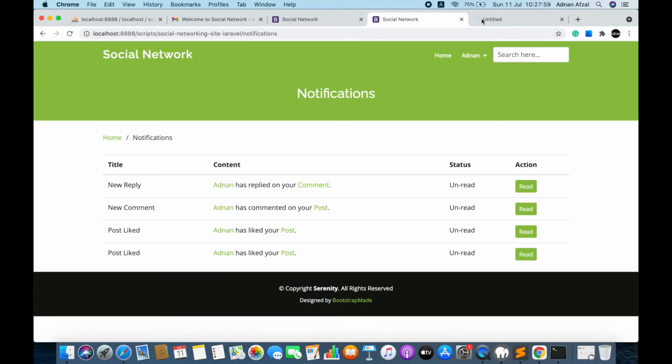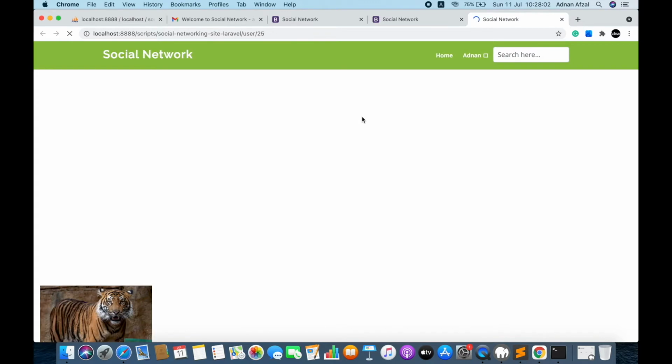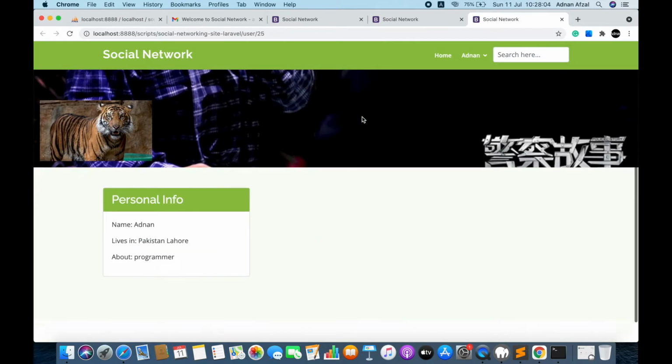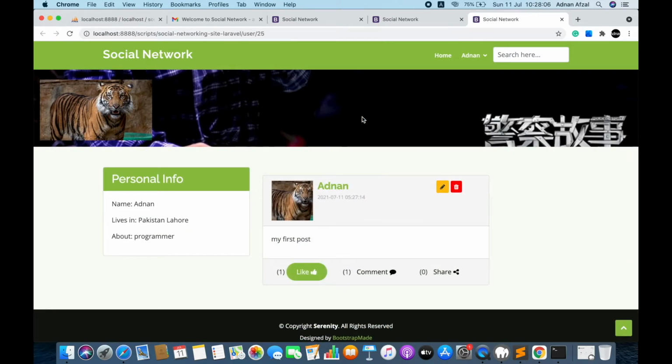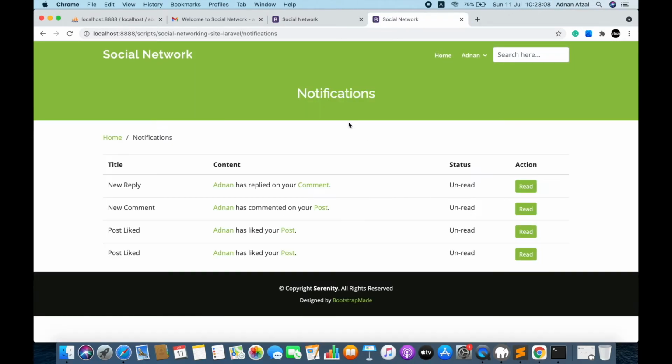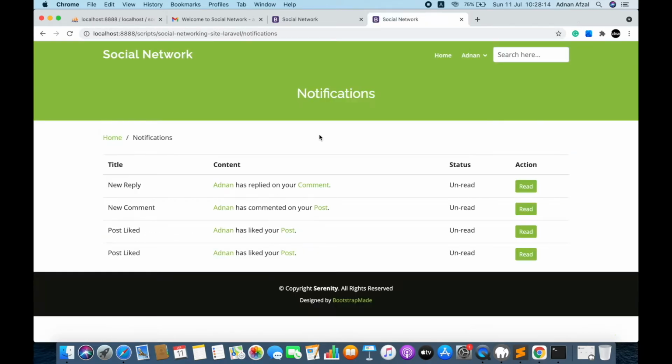You can directly reach the profile of the person who replied to your comment, and you can also reach the comment. You can reach the post too.